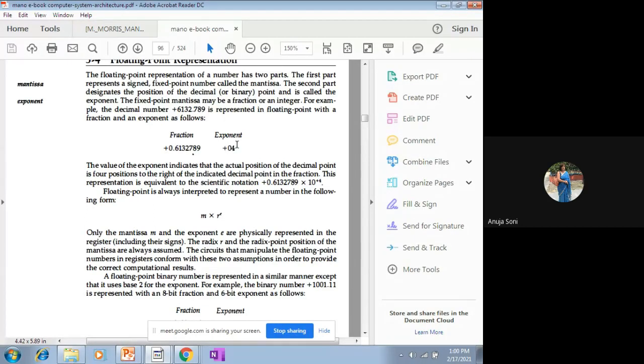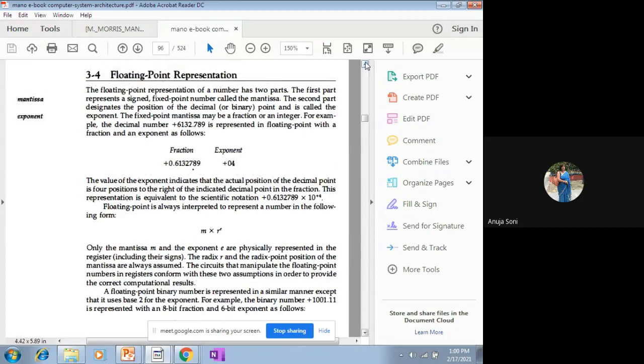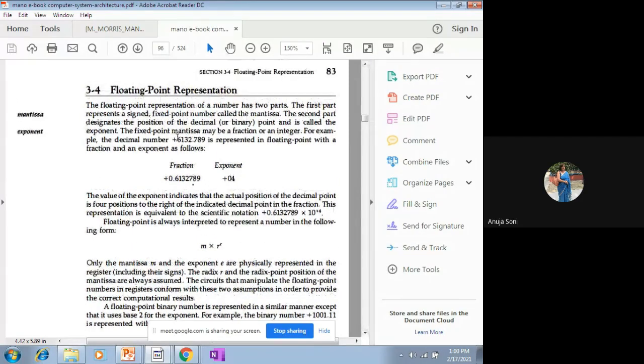So you need to represent a number in this format. When you are given a number, you always have to float the decimal point to the extreme left hand side, and those many digits that appear on the left hand side of the decimal point, you have to make it the power of r. That ultimately becomes the value of the exponent. So if 4 digits are there and it is in decimal form, then 10 raised to power 4, so 4 becomes the value of the exponent.